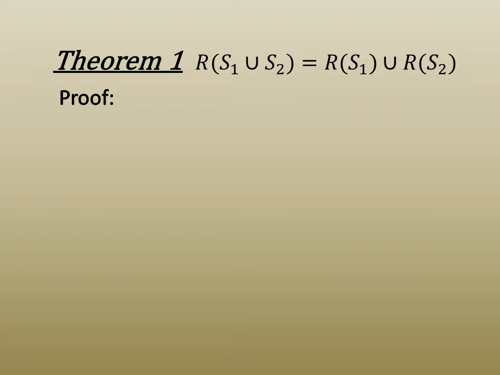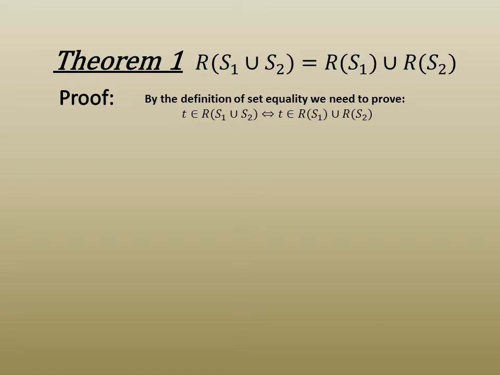We are now in a position to prove our first theorem about relations. Theorem 1. The image of a union of two sets is a union of their images. This will be a direct proof. The objects on both sides of the equation are sets, so to show equality, we will show that if an element belongs to the left, that this is logically equivalent to it belonging to the right. So, given the left statement,